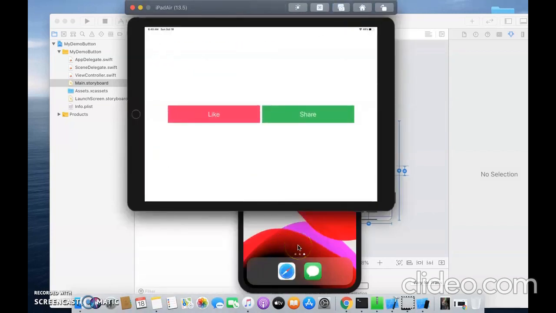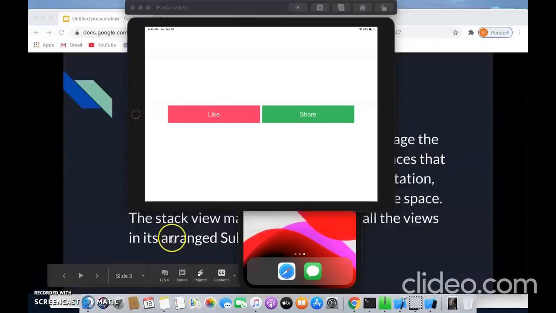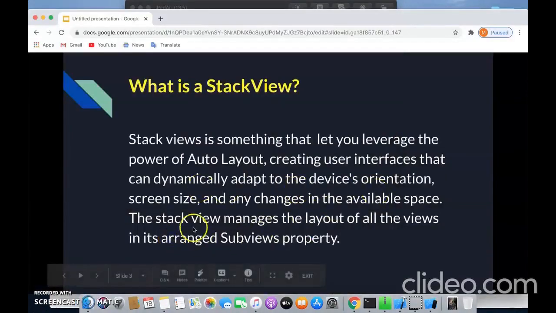Now we have seen that the app is looking nice for different device orientation and different device or screen size. Now we go to the definition part. It is written that it can dynamically adapt to the device orientation, screen size, and any changes in the available space. So we are going to check changes in the available space.